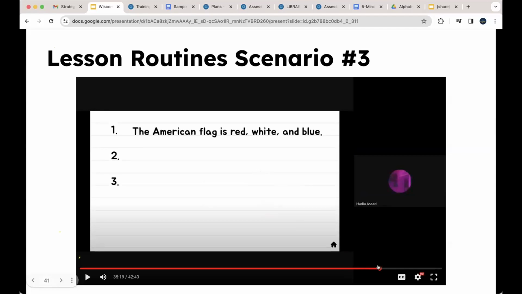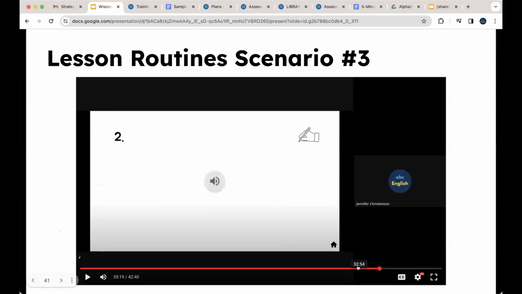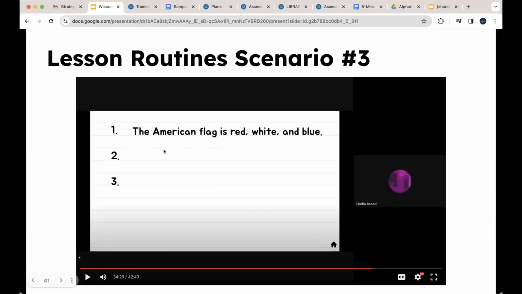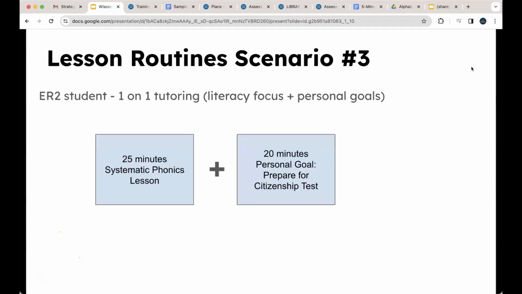Okay, so later in the lesson, she is working toward her citizenship test. This last part of the lesson, she is working on learning the information needed for the citizenship test and learning to read and write the words that are required for the US citizenship test. So it's a very simple routine in this maybe less formal one-on-one situation, but it still really helps us to